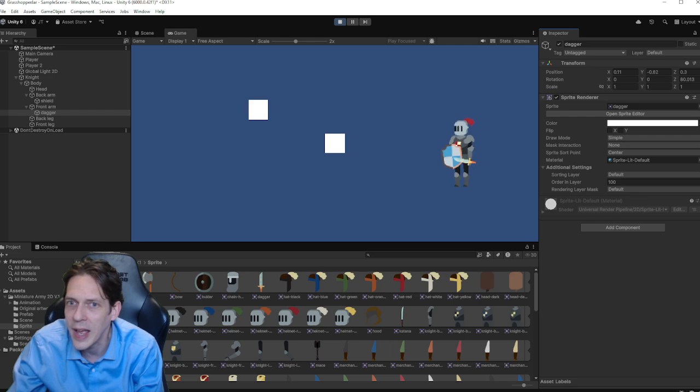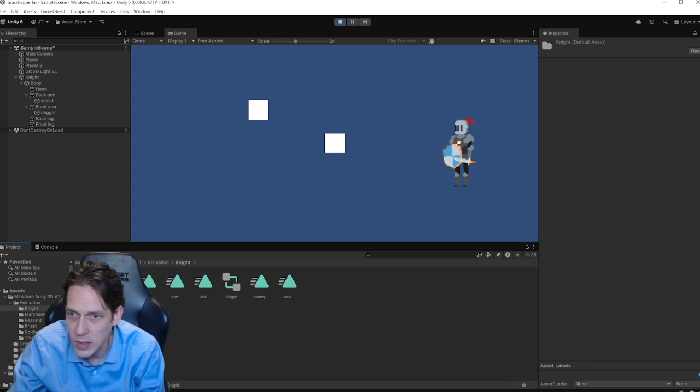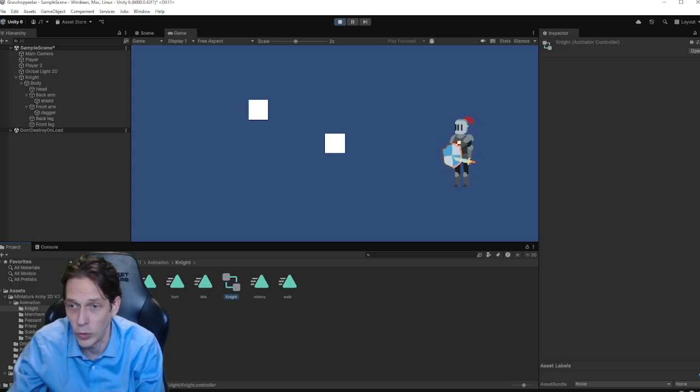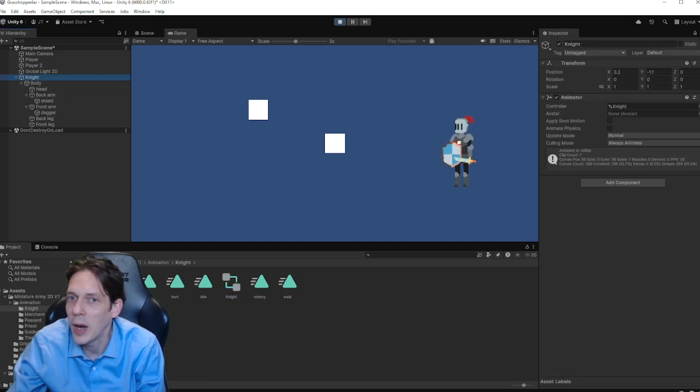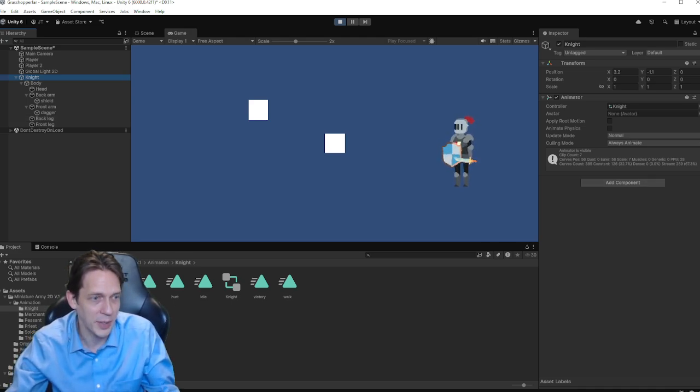I'm pretty sure we can add a controller. There should be one. I remember there was one in every one of these guys. And it's this one, I think. That is the animator controller. This is default, of course. So I can add this asset. If you look again, let's look at player 2. If we click on it, that's there. Click there. I want to add component to the knight. It's the same process as I did with the square, but now I'm using a complicated asset.